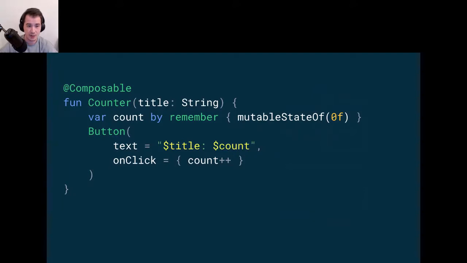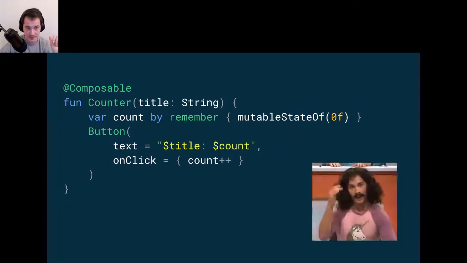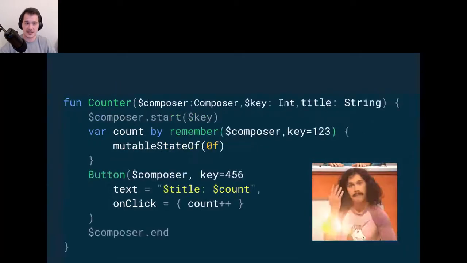So let's take a look at the counter. This is like a button. You click it and then the count goes 1, 2, 3, 4, 5, 6, 7, 8. So actually, let's take a look at what Composable does, this annotation. We do some magic in the compiler runtime and in this compiler plugin that we use in Jetpack Compose. And here is how the actual code will look like that is running on people's devices.